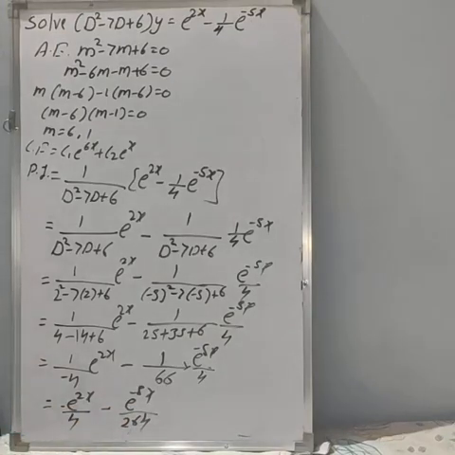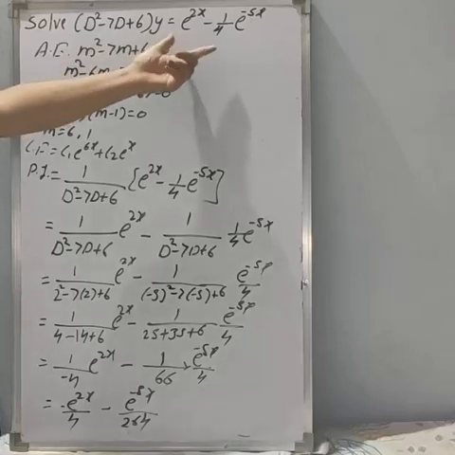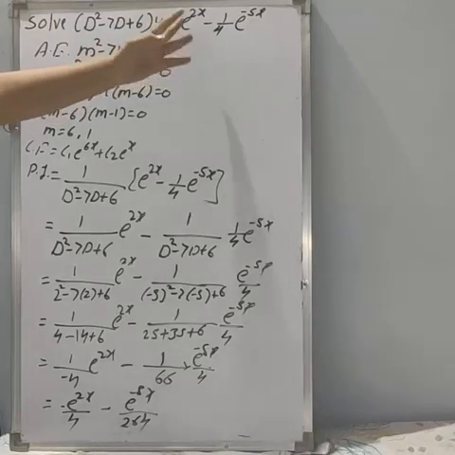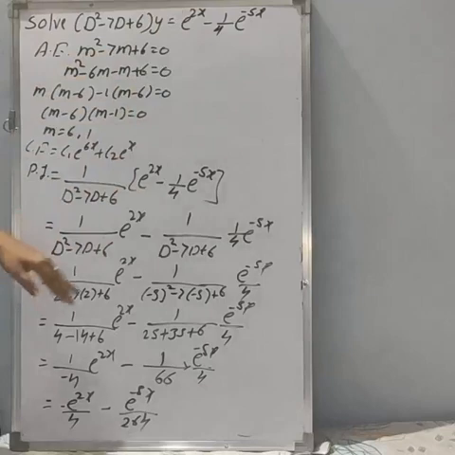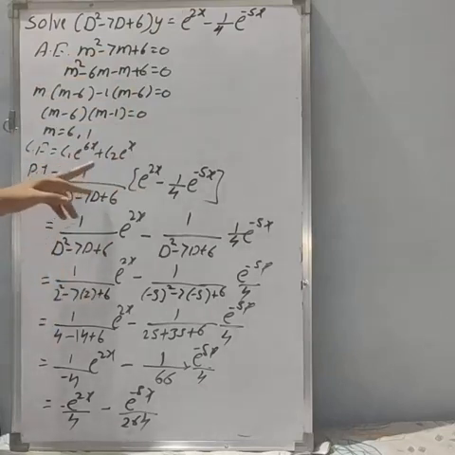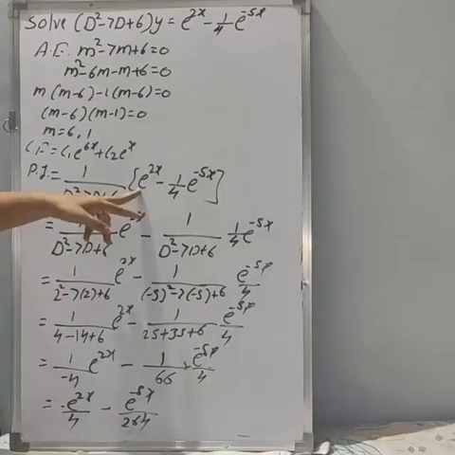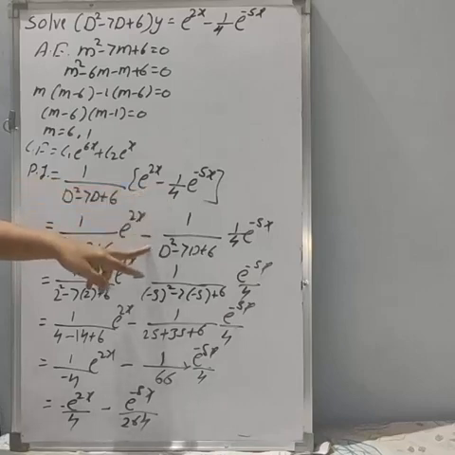Now we have to write the general solution. So the general solution y is equal to what? Complementary function plus this particular integral. That is nothing but your general solution. So if you have an RHS with two terms, sum or minus, we can separate them and find the particular integral separately. First 1 upon f of d into the first term. Next, whatever sign you have, write down that sign here.